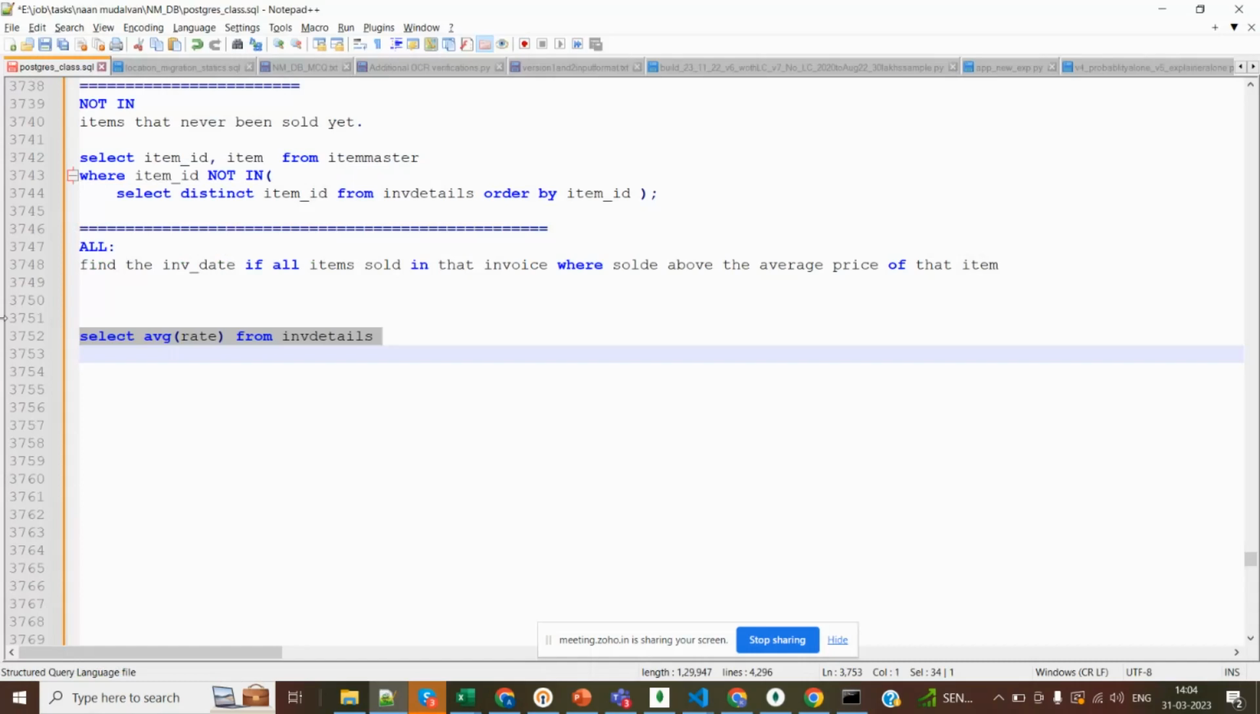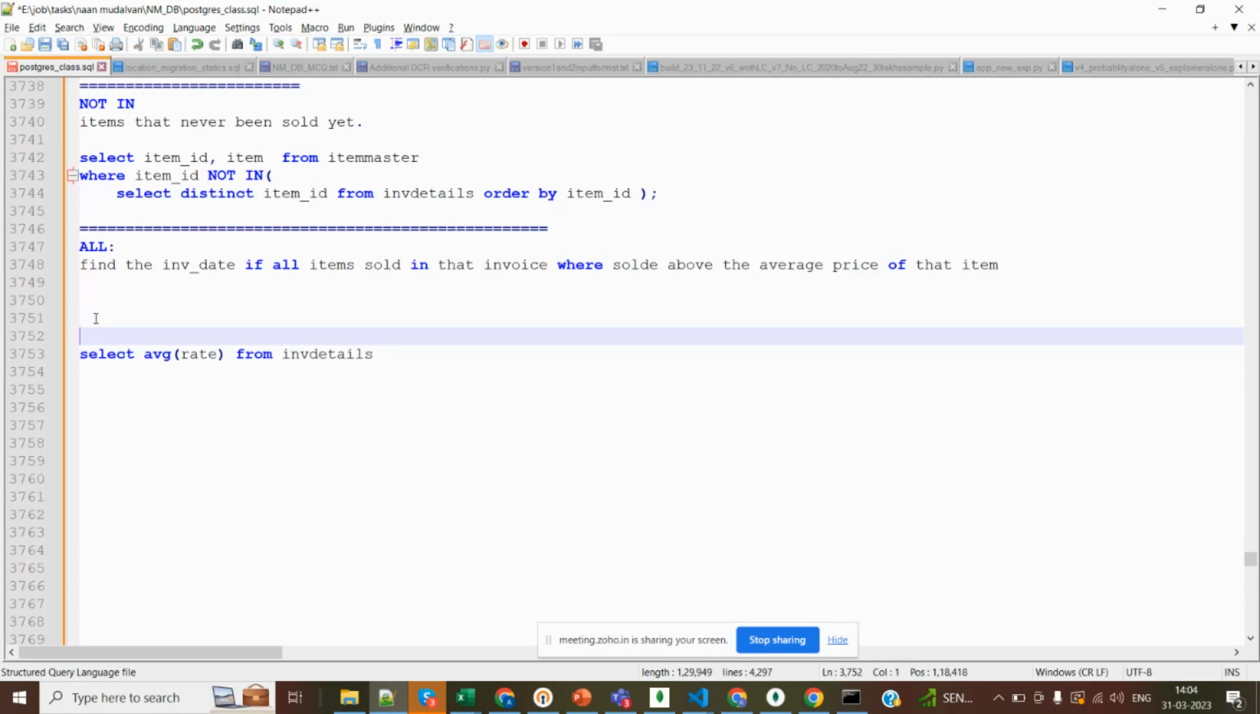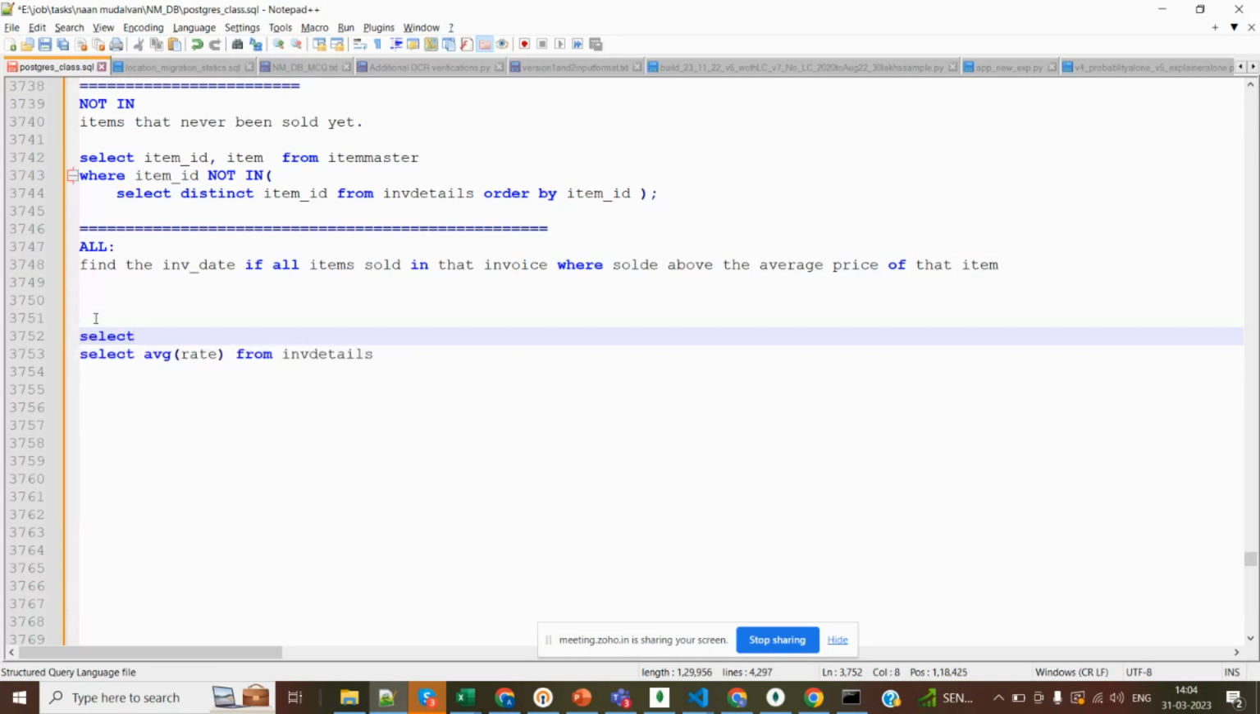From the invoice details, where the rate should be greater than this average, what are all the items, what are all the invoice IDs, what are all the transactions done above the average rate? For this, I need to select the invoice ID